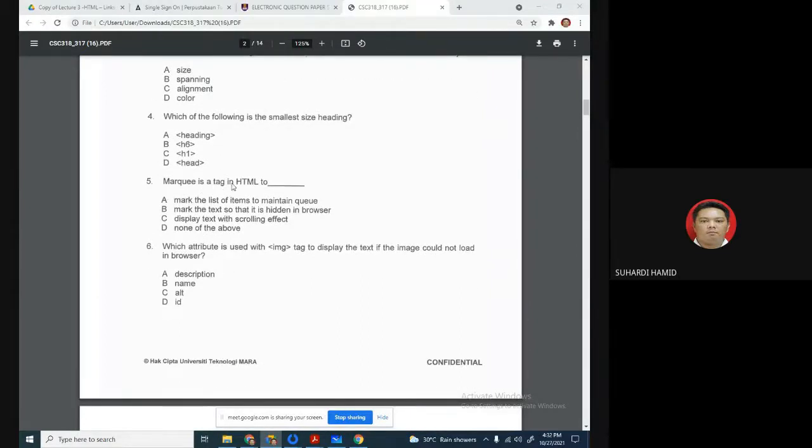Marquee is a tag in HTML to do what? Mark the list of items to maintain the queue. We never cover this. Mark the text so that it is hidden in the browser. Display the text with scrolling effect. None of the above. If you were to try to answer without knowing it,